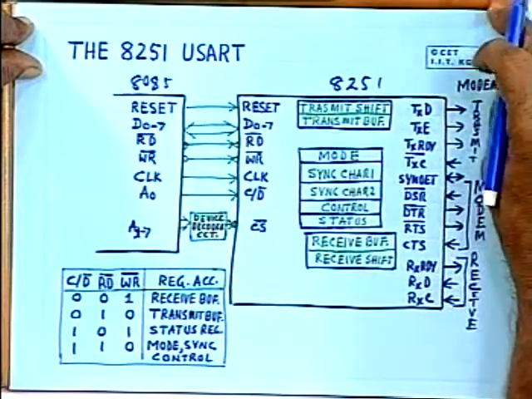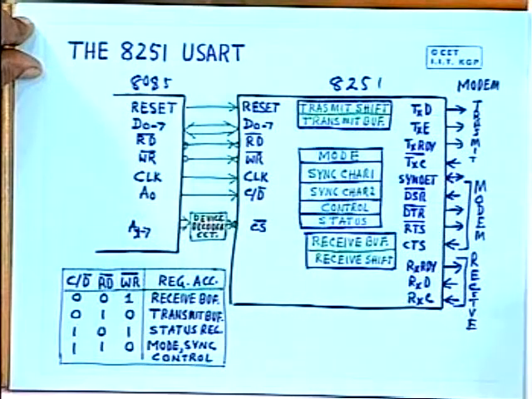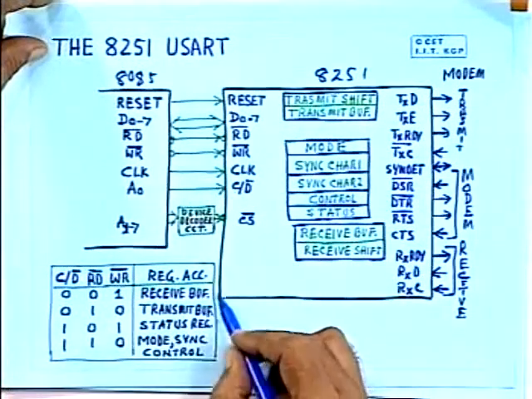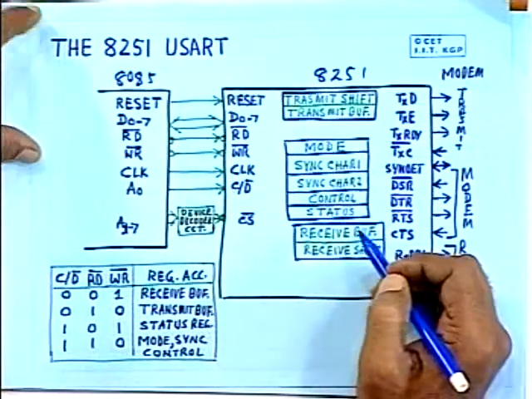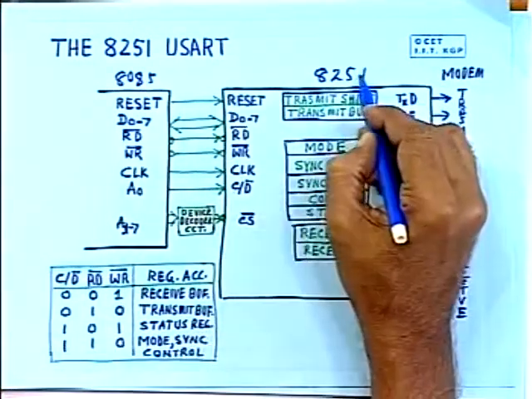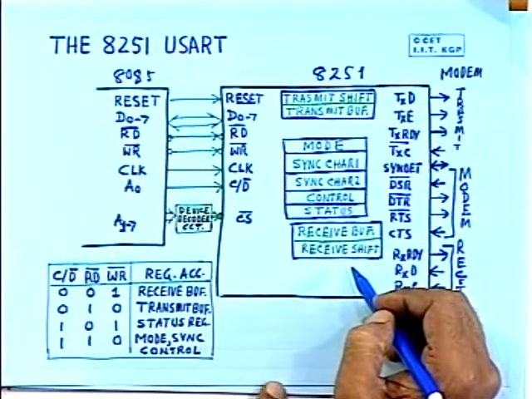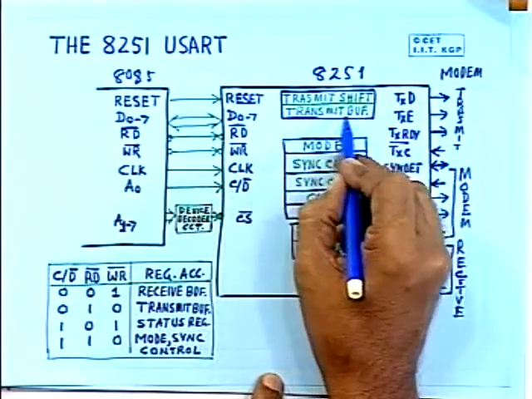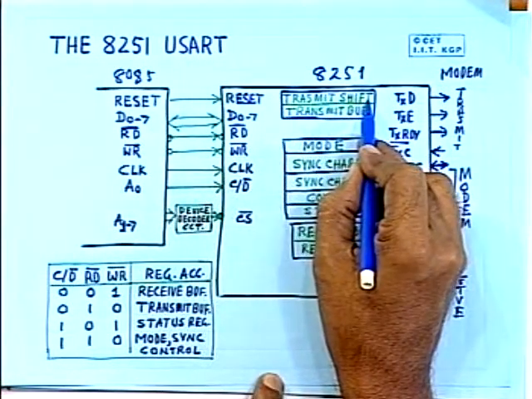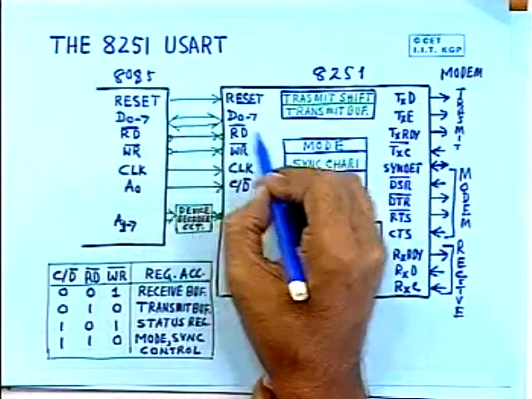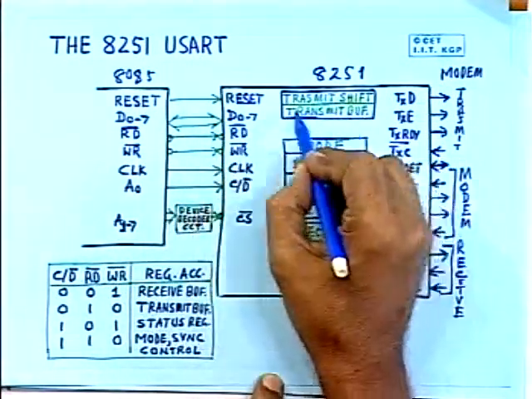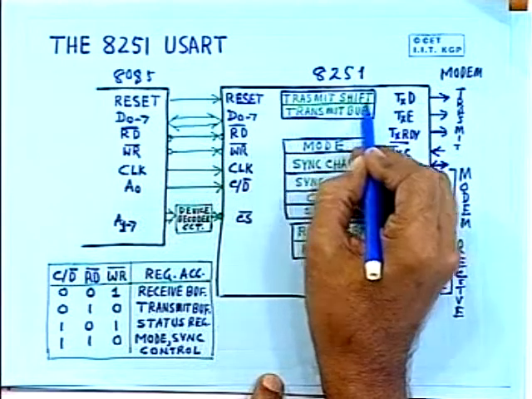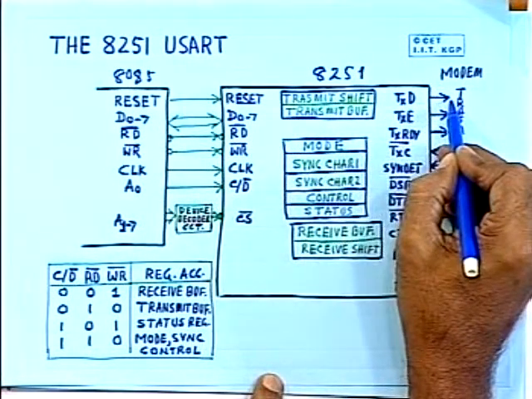Now, for any programmable I/O device, it is essential to understand the operation of the various registers, how they are accessed, and what the different bit configurations are, which are explained here. This 8251 has a number of registers. For transmit purposes there are two registers: one is the transmit buffer, another is the transmit shift register. Whenever the microprocessor writes, it goes to the transmit buffer. Then it is shifted to the shift register and shifted out on the TXD line.